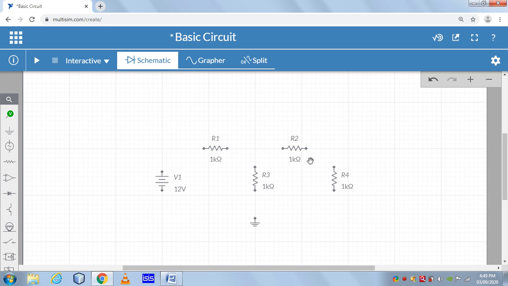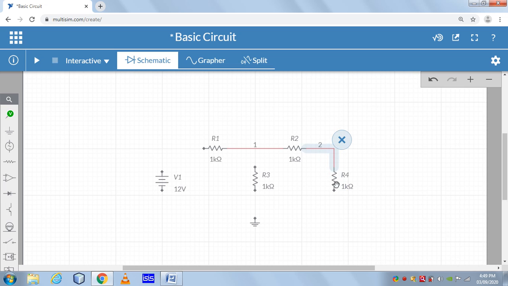Now the question is how to connect. Hover on the junction, then left click and pull it to the other terminal. It will be like a connection. Now this is connected. If I want to connect another, you left click, take this one and connect it here.